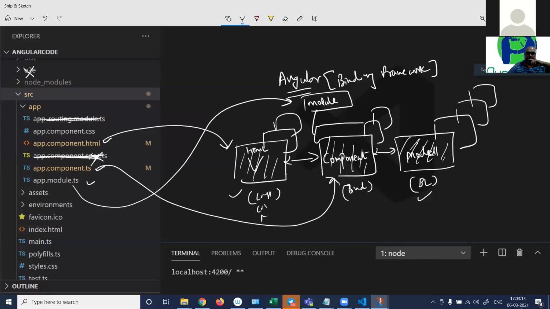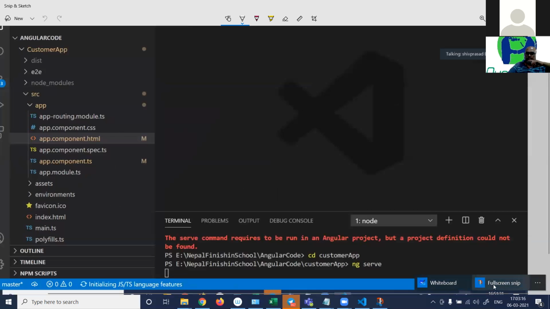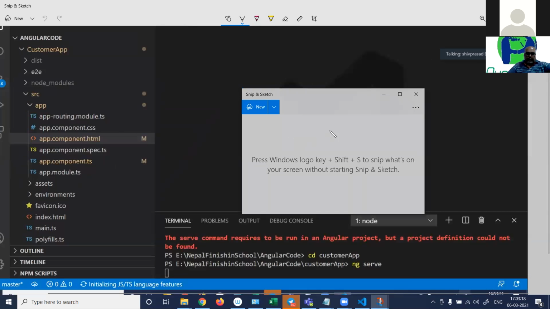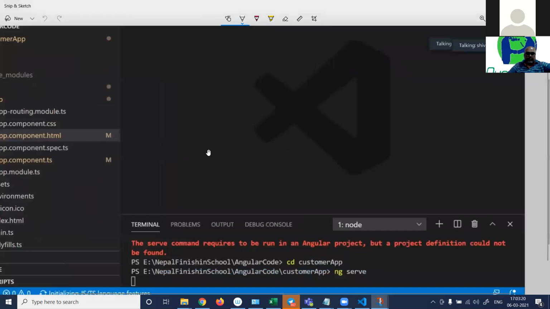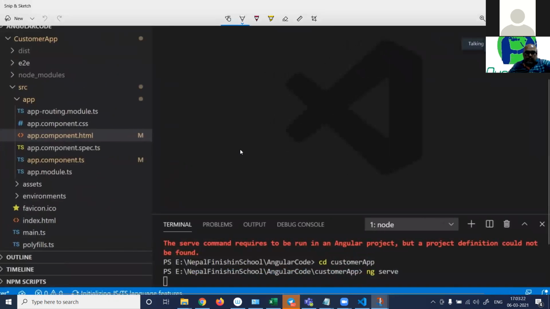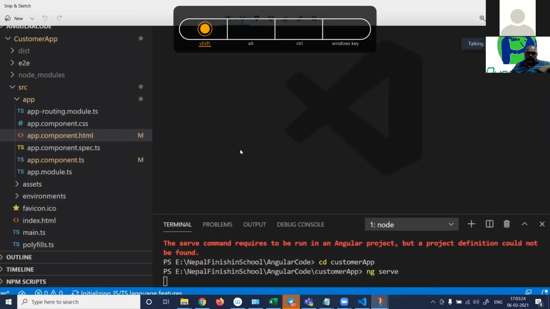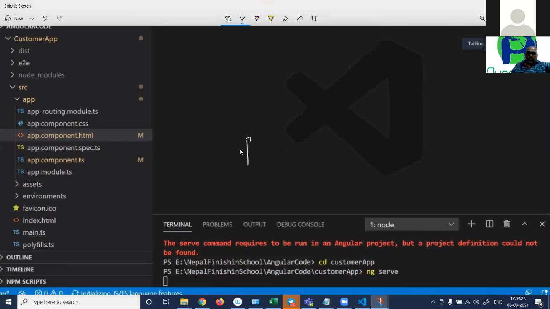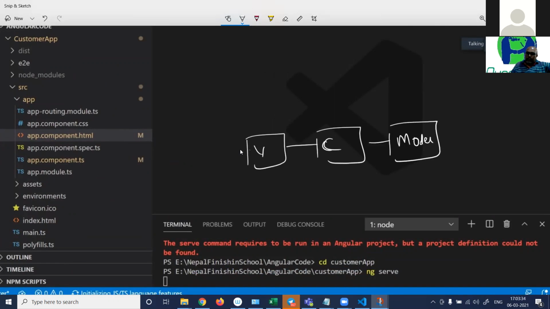To make the diagram clearer, because while explaining I must have drawn too many things out there. View, component. When I say model, right?